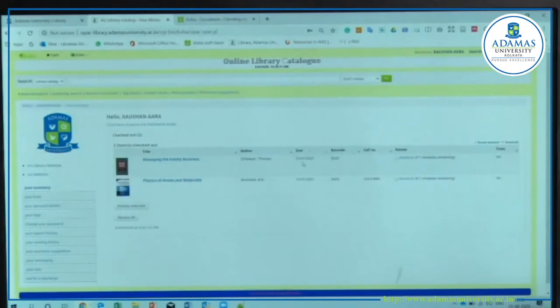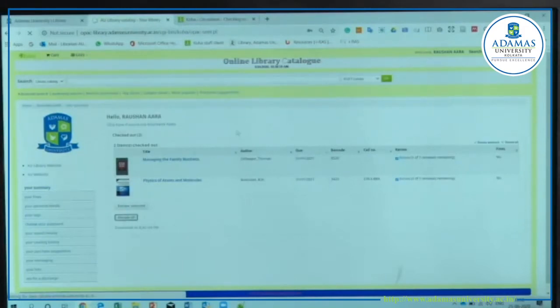So this is the return date. She has to return it on 21 January. Here is the renew option. If it is overdue, this will be red. If you want to renew, just click. If you want to renew both, you can renew all.